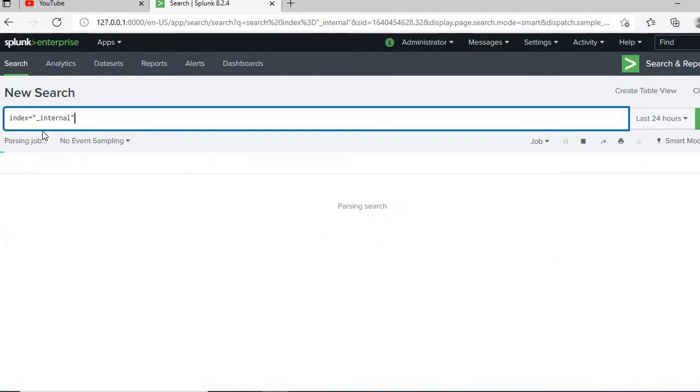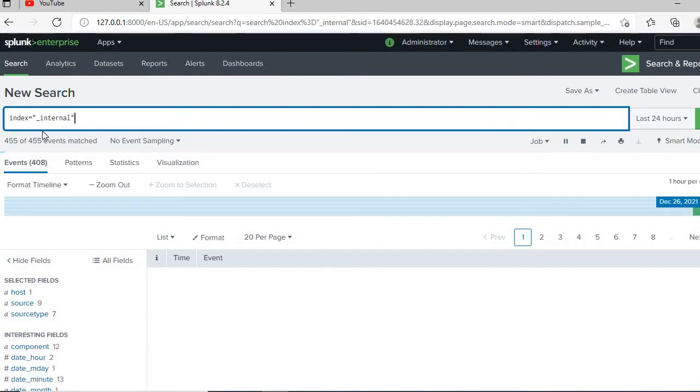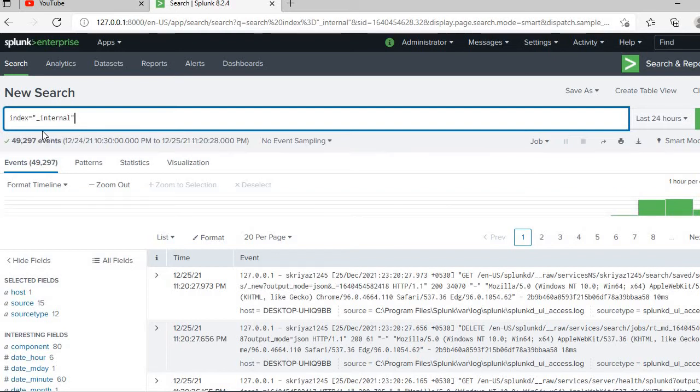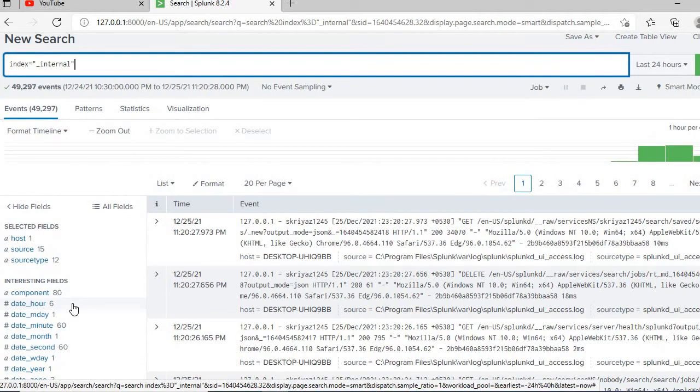It will take some time to load the data, because with that specific data you might find a lot of matching results. That is why it took some time, and now you see this is how data will appear to you when you start searching. This is just an example I'm showing here. In real time you will have your own data so that you can search. The process of searching the data is like this. All these are the inbuilt components, and they will show here when you search for the data.